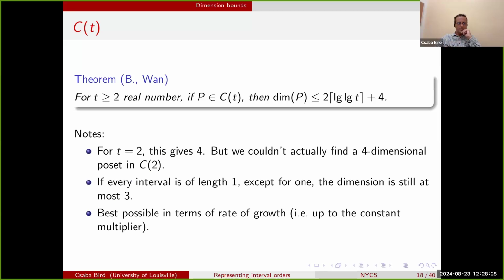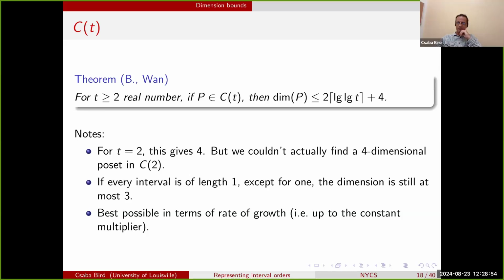And a couple of notes here. For t equals 2, this gives 4, but we actually couldn't find a 4-dimensional poset in C_2. So again, this question is open if there is one. If every interval is of length 1 except for one, then we could prove that that's not enough to increase the dimension over 3. And also note that this is the best possible in terms of rate of growth, because